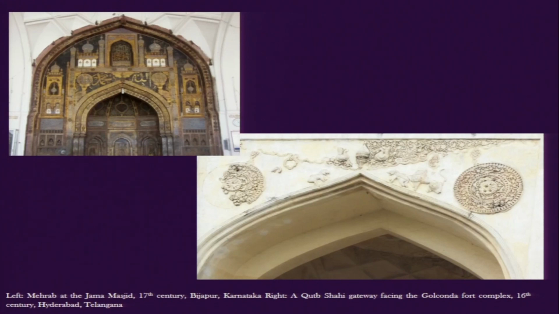The other form of references that we see between textile and architecture comes from this very simplified arch motif, which is predominant in the Deccan region, and this comes from the Golconda Fort complex in Hyderabad. And then we also have these mehrabs, which feature in the mosque and direct us towards the Qibla, to the Kaaba, the holy abode of Allah that we understand is based in Makkah. And this mehrab wall is the foremost important architectural element in mosque architecture.